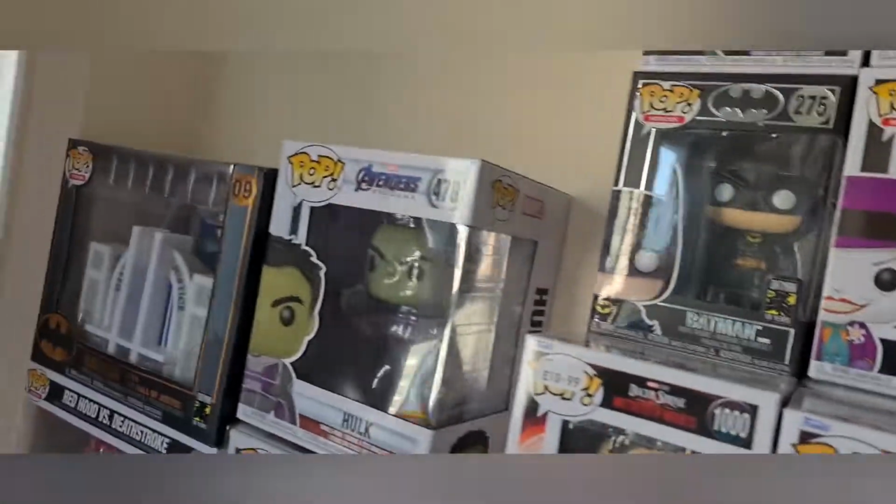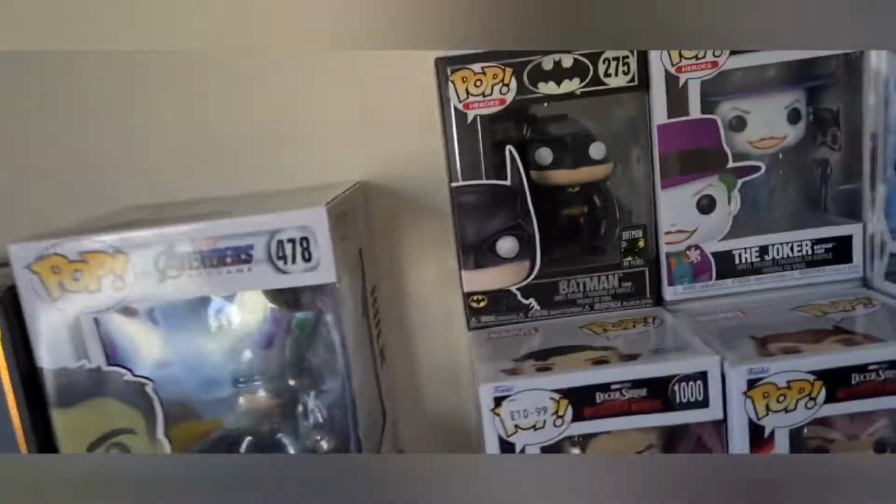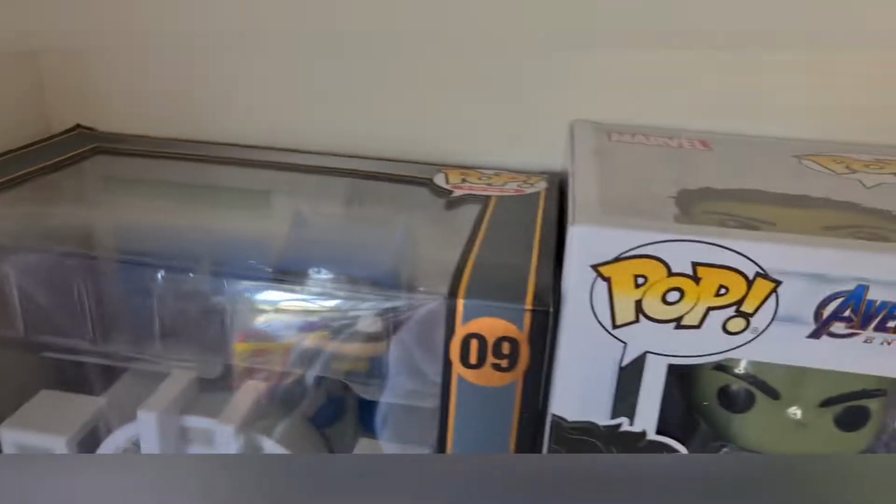Now we are going to move on to the boxed pops, and these are the prized possessions. So we're going to start off with some of the bigger ones. We're going to go from top to bottom, and then we'll go to the back layer. So here we have